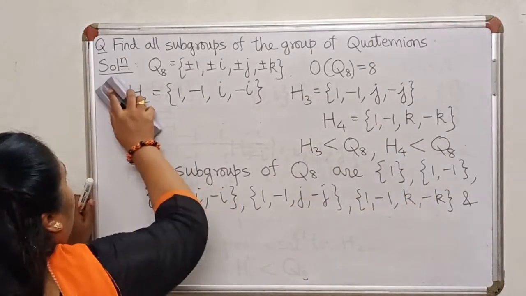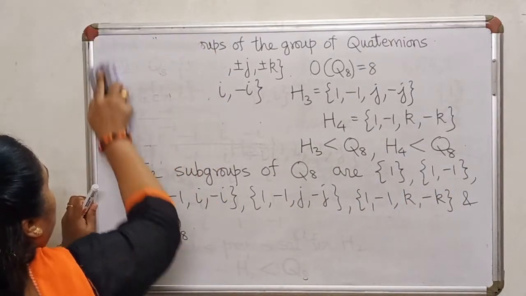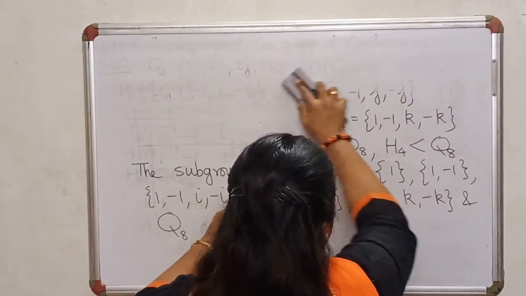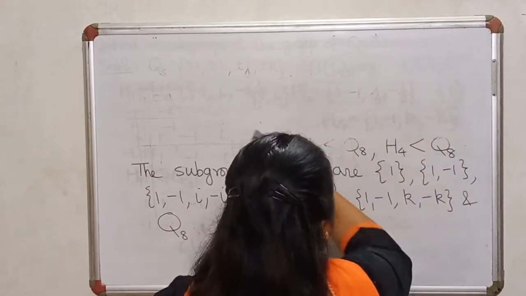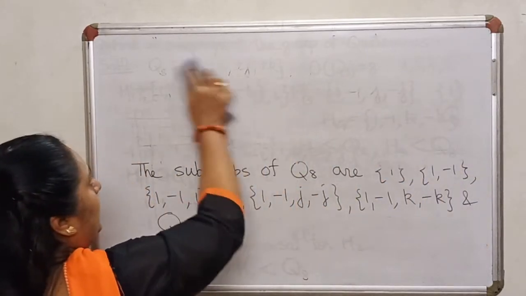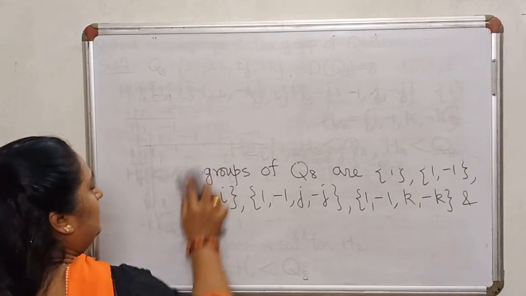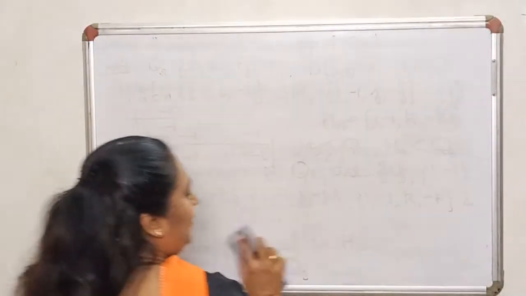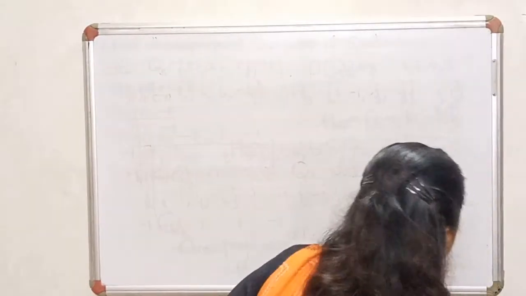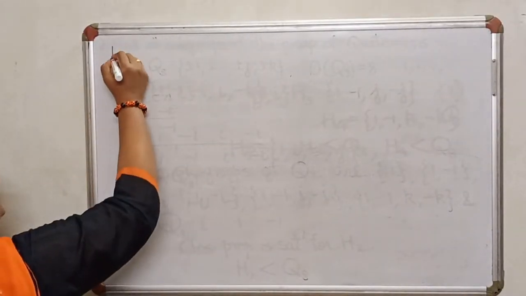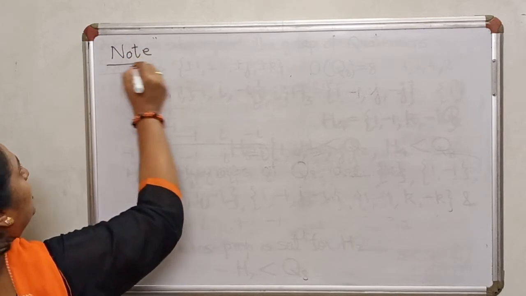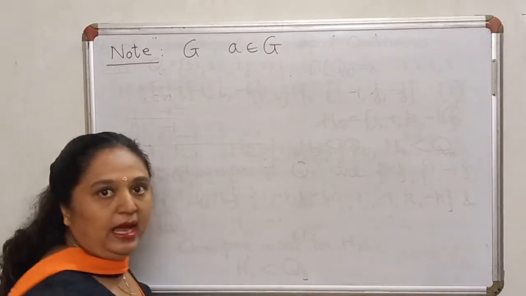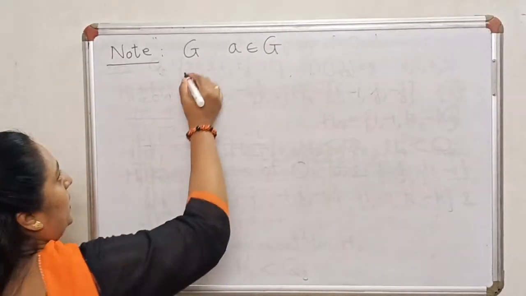Before we go on to the next problem, there is a notation that I would like to introduce at this stage. I have used that notation partly earlier, but let me now once and for all set up the notation without any doubts. So suppose I have a group G and I have an element A in G, and let n be a natural number.